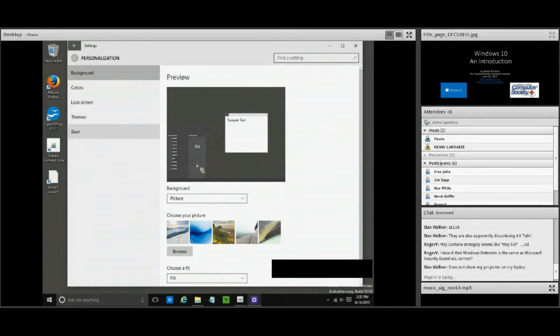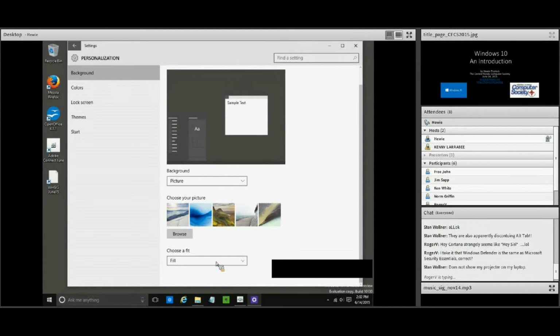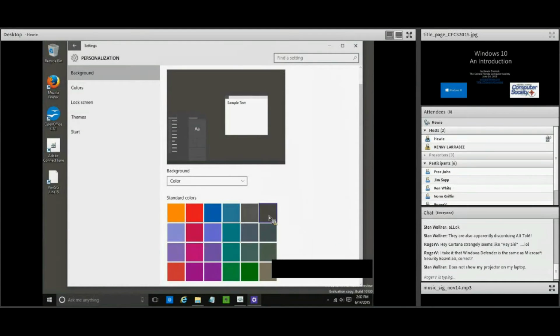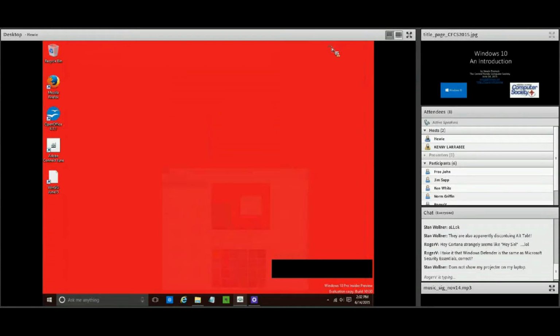Personalization. You can change the background. You can put a picture back there if you wanted to. You can tell it to fill it. You can browse and put whatever picture you want back there, or you can use some of the ones that they include. You can change it to be a color or a slideshow. So if you change it to be color, you can pick which color. If you want it to be red, it's going to look like that, and immediately you can see it in the background. So if I minimize this, you can see I could have it a nice bright red color. And to maximize what we just had,